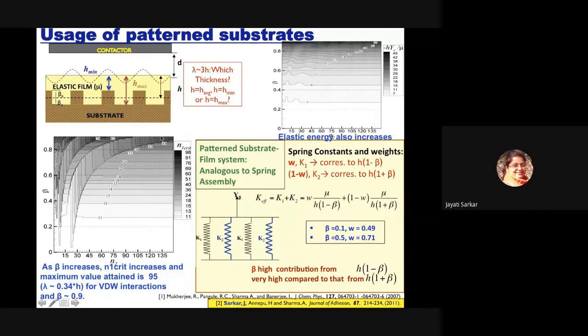But when beta is 0.5, when beta is actually increasing, you can see that W is increasing also. That means the weightage coming from the films whose thicknesses are very small is very high. That means that this film, which has a lateral variation of stiffnesses, actually corresponds to a film with an effective thickness that only corresponds to H minimum, or the lower thickness. So in these cases, from this linear stability analysis, we can understand that the wavelength will actually decrease in these